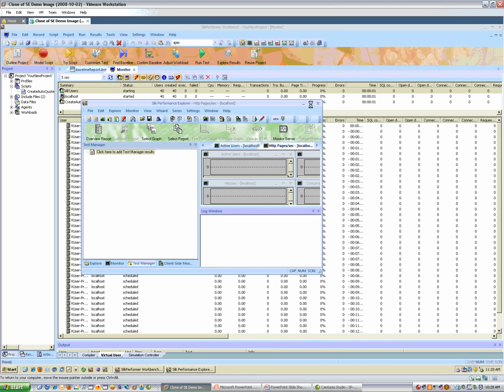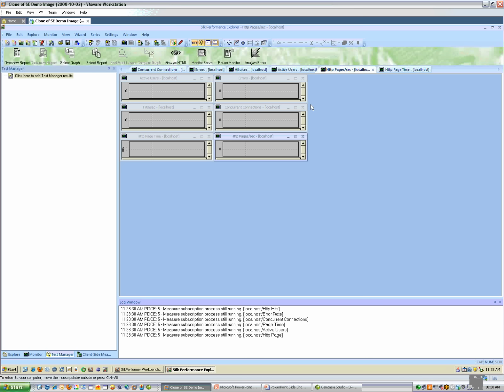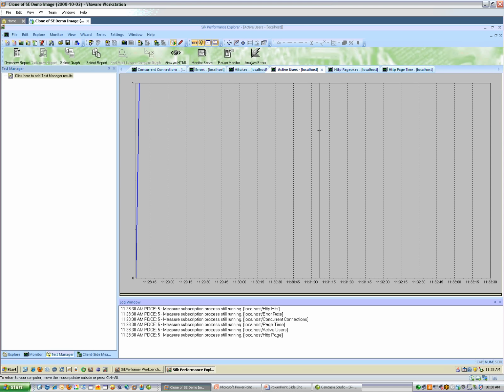This is the location where you can actually watch the test in progress and some high-level statistics about what's happening. For example, the active users executing, HTTP pages per second, number of errors, etc. Once the test is completed running, you'll get an overview report, and all the information that was captured at runtime will be